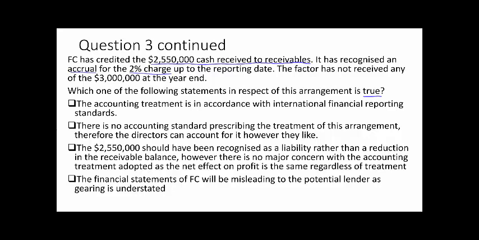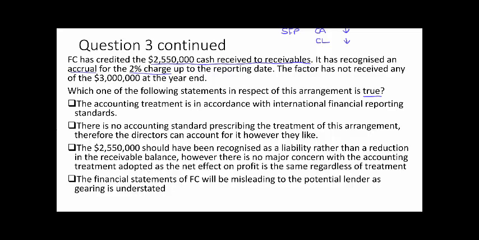Now, in this case, the accounting treatment that has been adopted is entirely incorrect. The fact that there is recourse on FC means we cannot credit that cash advance to our receivables. What that'll do is in our SFP, it'll mean that our current assets are understated, but equally what we're missing is the fact that the company has a potential liability to repay the factoring company. So both current assets and current liabilities are currently being understated the way that this has been accounted for.